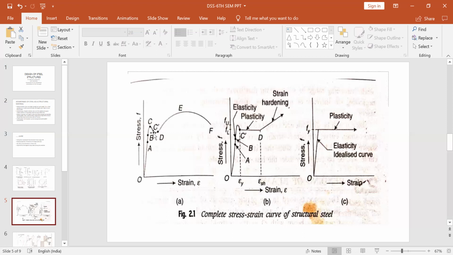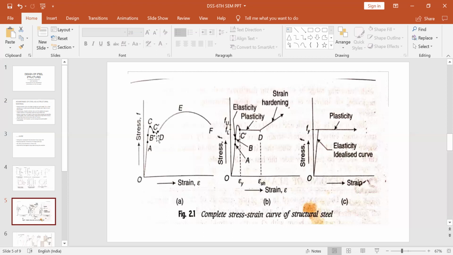See from this graph, it is falling down. So the stress will fall down and the strain will be increasing. So it reaches point C dash, which is the lower yield point. From C to D, again the stress is constant. Stress does not increase or decrease, but strain will be increasing. Continuously, if you see this, the strain will be increasing. Once it crosses the elastic limit, strain will be increasing. It will go on increasing.